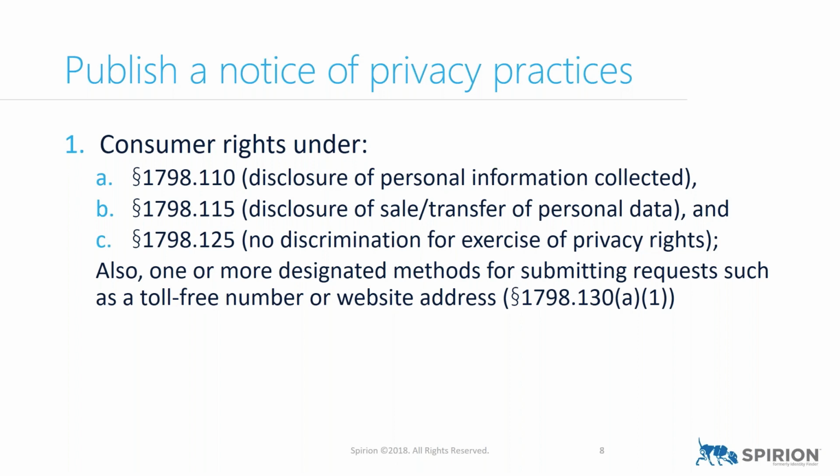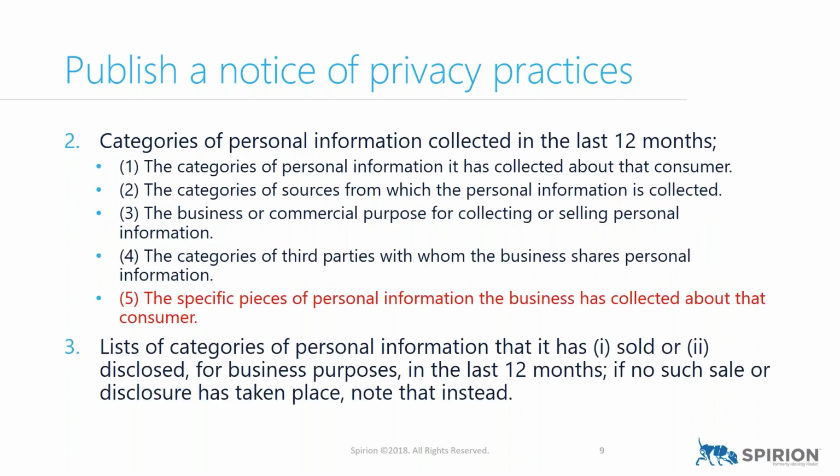And then with respect to specific information, if we go to the next slide, we'll drill down another layer here, and you'll see that there's 5 different categories. Personal information that you've collected in the last 12 months about the consumer, where you got it from, the commercial purposes you used it for, which third parties got it, and a typo or a bug, if you will, the specific pieces of personal information that you've collected about that consumer. You don't really have to, that would be ridiculous. You wouldn't really publish on your website information about individual consumers. That was just a copy and paste error. So I wanted to highlight that.